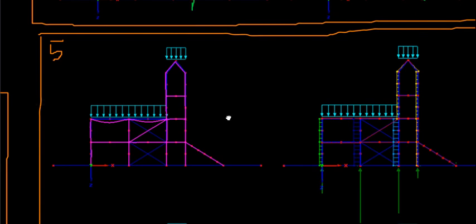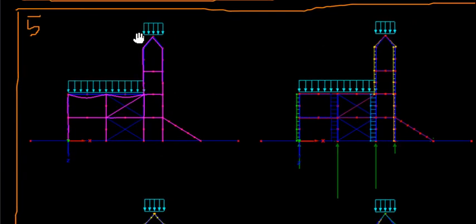And so, in summary, if we say something like the snow load is acting on a building, on the roof here,